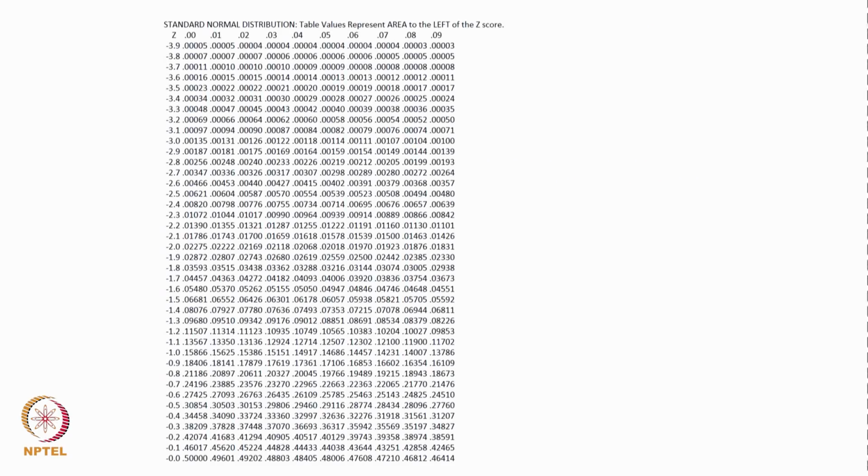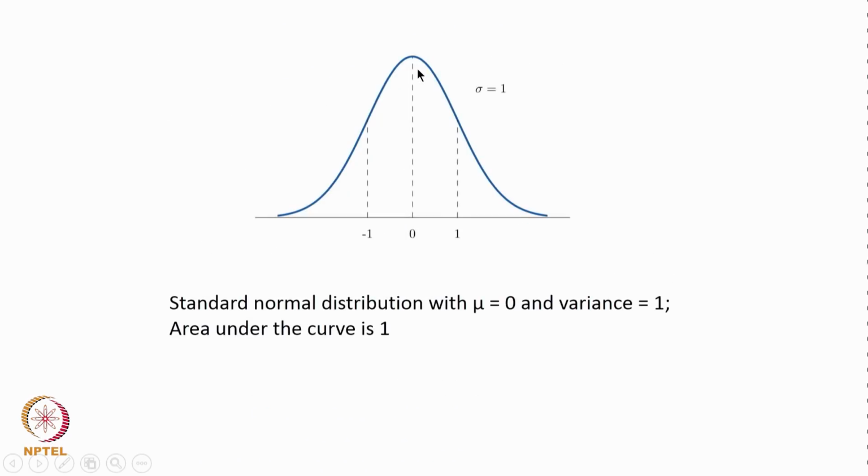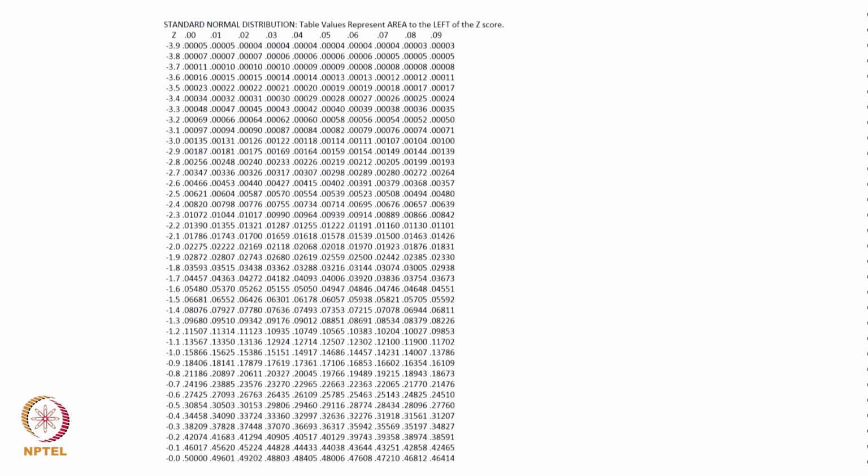Now, let us try to understand, because these values are coming and increasing this way. So, what is this? So, this is minus 0.09, this is minus 0.08 and so on. So, you realize that minus 0.09 will be very close to 0 here, and minus 0.08 would even be slightly to the left of this and so on, and then we realize that the values are actually approaching 0.5. So, at z equal to 0, the area is 0.5.